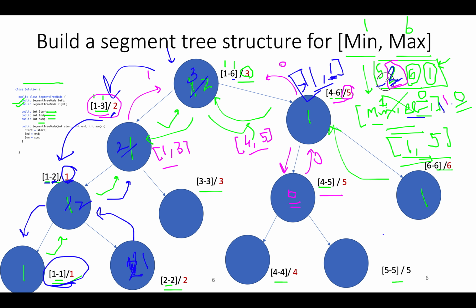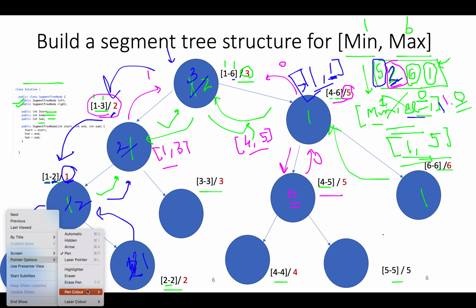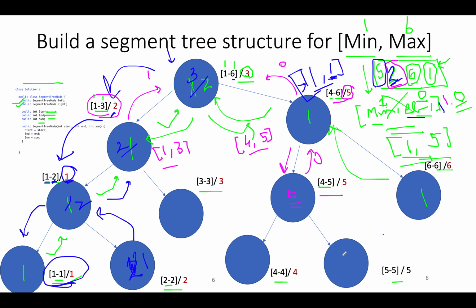Let's fill in the last element 5. And what all elements will be filled in? Let me just change the color of my pen. Let's take yellow this time. And this will be updated to 1. This will be updated to 1. So this is 1, since this is the parent of this node. And this will be updated to 2, this will be updated to 4. So we have 4 here.